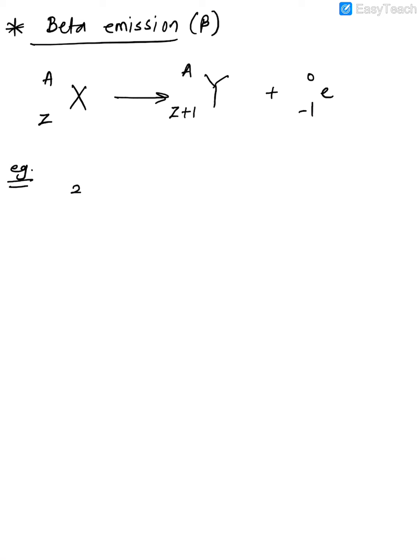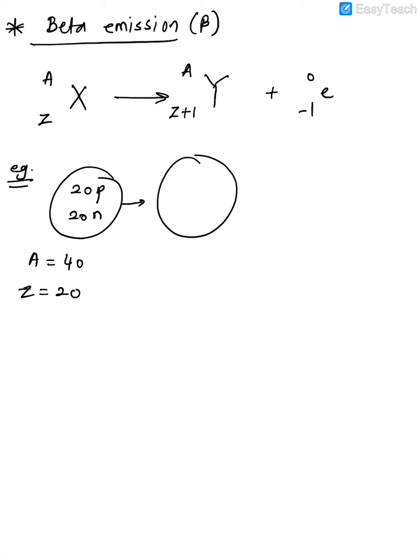So out here, let's say you had 20 protons and 20 neutrons. So atomic mass was how much? 40. Atomic number was what? 20. Now what happens out here is that out of these, 20 protons are as it is, and there are only 19 neutrons out here. Now what happens to one of these neutrons? It splits itself. See, listen to me carefully now. A neutron splits itself, it breaks itself into 2 parts. What are those 2 parts now? One is a proton and the other one is an electron. So this electron is kicked out, whereas this proton is held back within the nucleus.